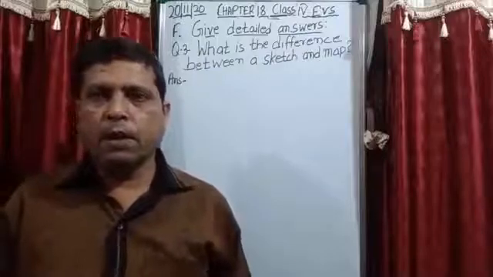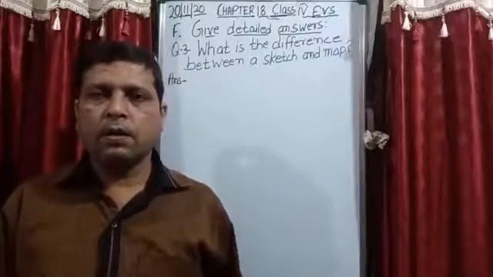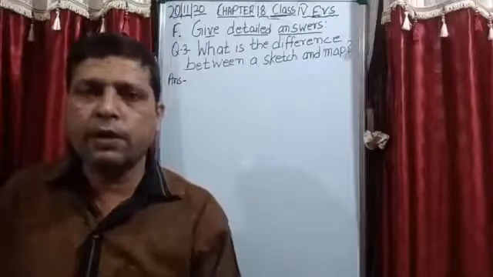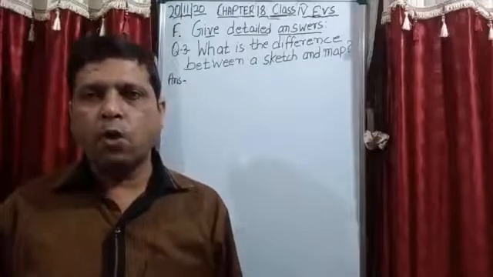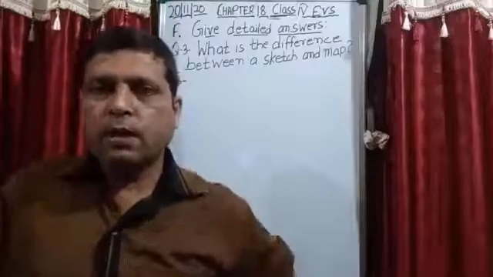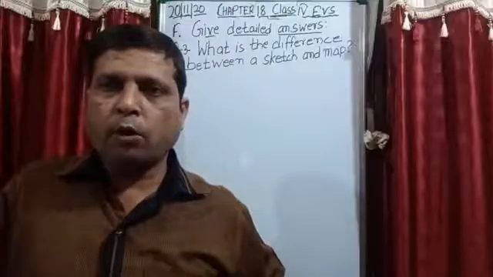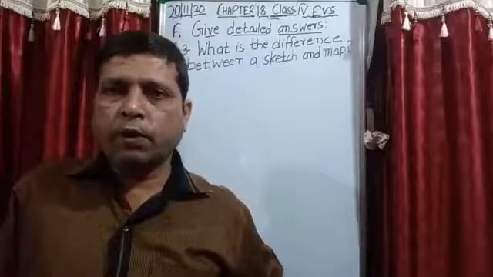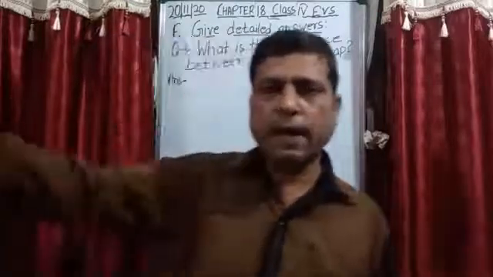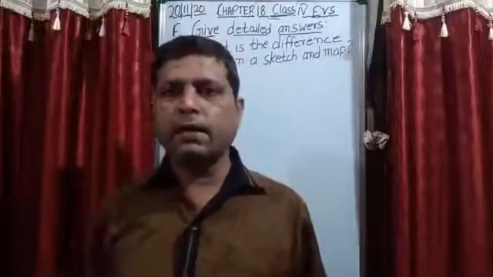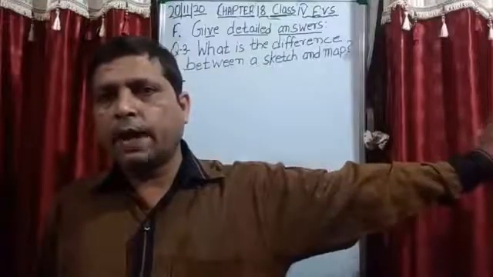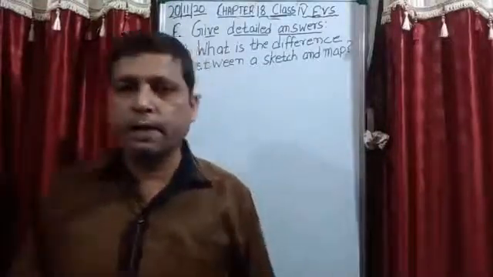Even directions are also shown on the map. That is your north direction. Whenever you observe the map, you will see that the top direction is north and the bottom, opposite of north, is the south direction. If you stretch your right hand, the direction towards your right hand is east. And if you stretch your left hand, the direction towards your left hand is west.